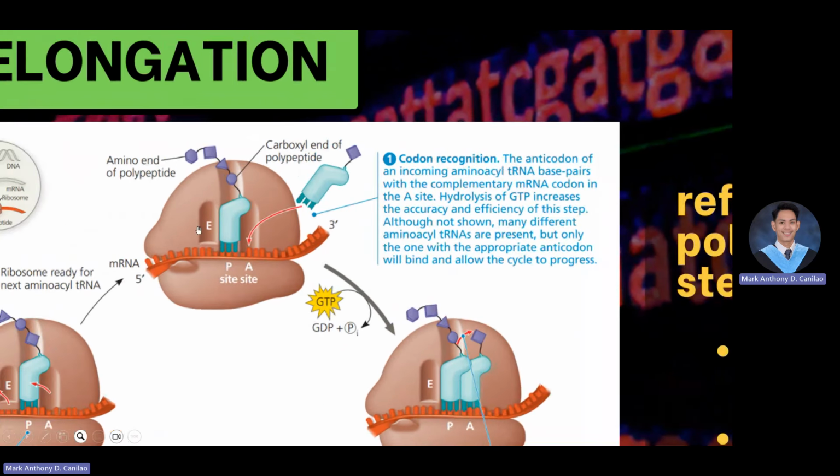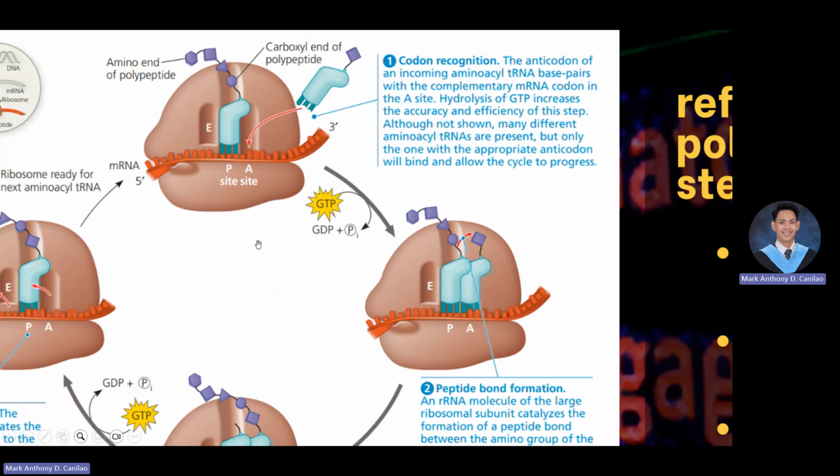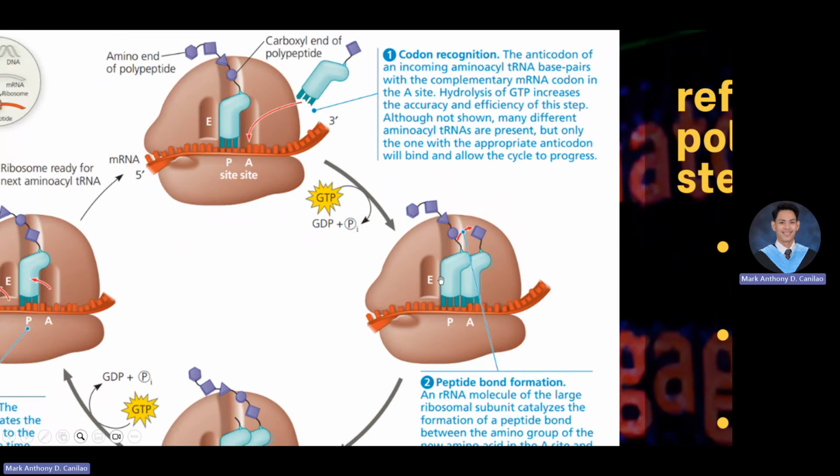So for the first one, the P site accepts the tRNA or the initiation tRNA. But you have to realize that the next amino acid will be located at the A site or the accepting site. Okay? So how does one amino acid get connected with another amino acid? It will undergo a process called dehydration synthesis. Right? So the P site is used to process and form the peptide bond between the amino acids. So that is why we call it letter P.